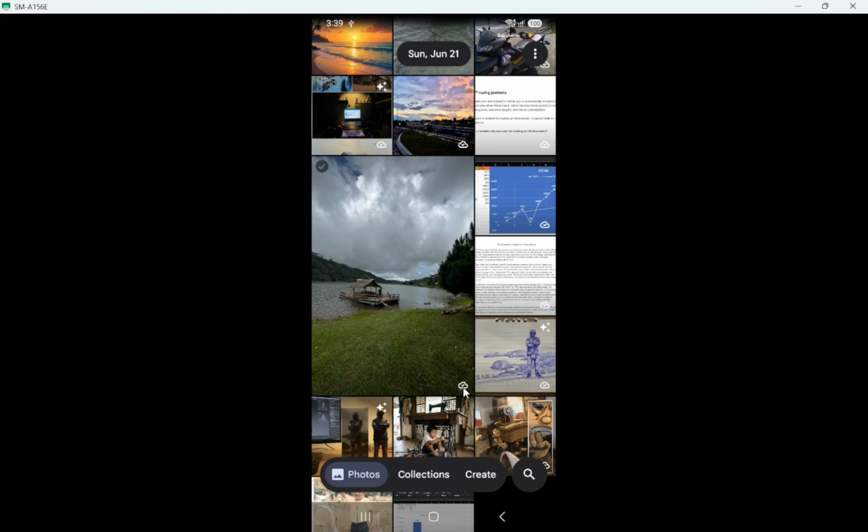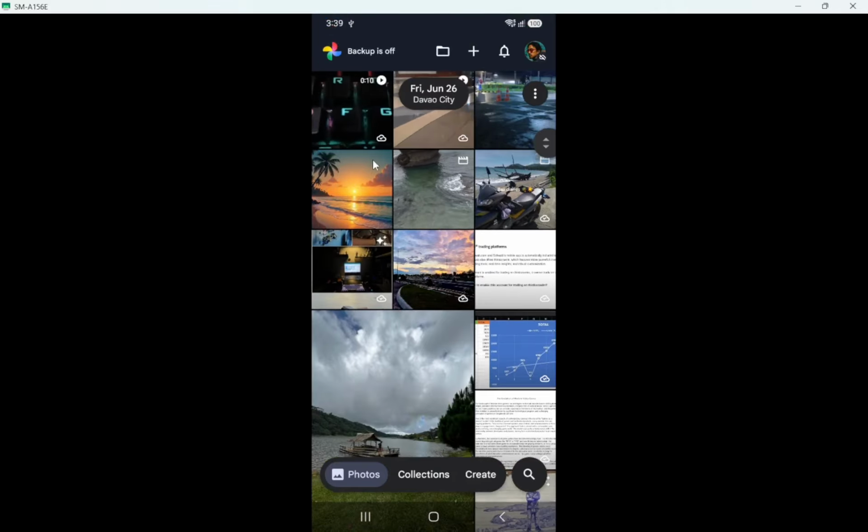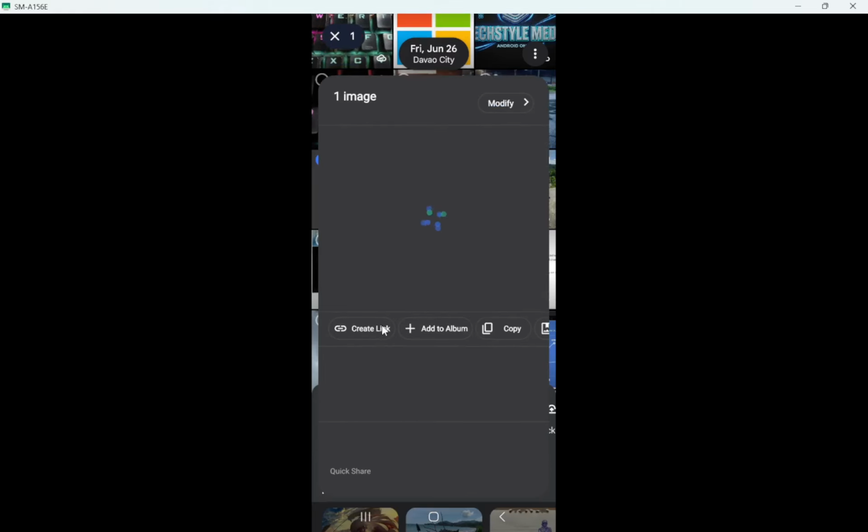the backup can finish. Once the upload is done, select the photo or video again, tap Share at the bottom, then tap Create Link. You should now see Google Photos generate a link and show a brief confirmation near the bottom of the screen. If that single item still refuses to create a link, move on to trying it from